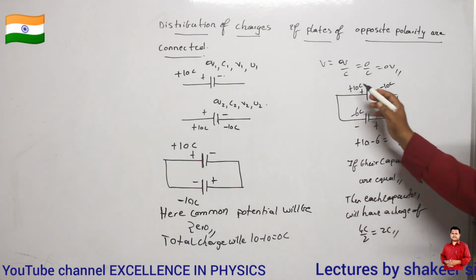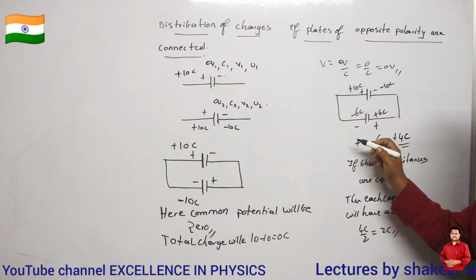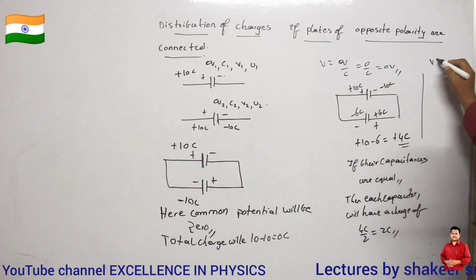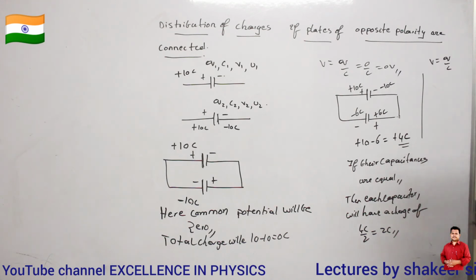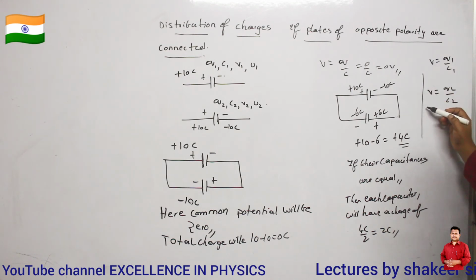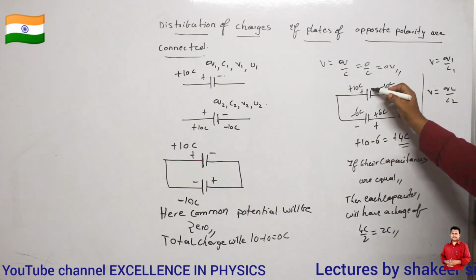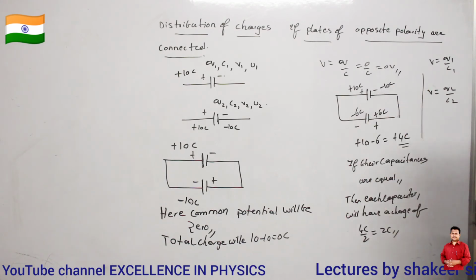That's all. Because if we connect them, both of them should be at common potential, no? So what is the equation for potential? V is equal to Q divided by C. So therefore, V is equal to Q1 by C1, V is equal to Q2 divided by C2. Why are we writing V and V only here? Because after connection, this capacitor and this capacitor, both of them should be at the same potential. So this is also V, this is also V. This is the potential for the first capacitor, this is the potential across the second capacitor. Both of them must be equal. So if C1 is equal to C2, then what can I say? Then Q1 also should be equal to Q2.